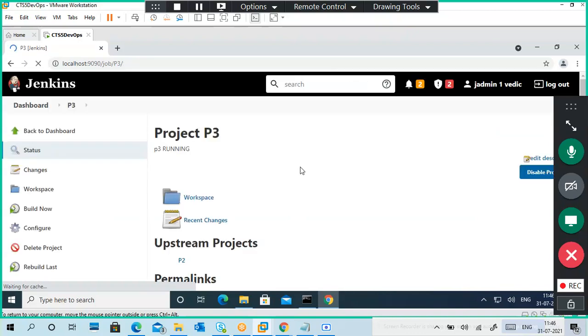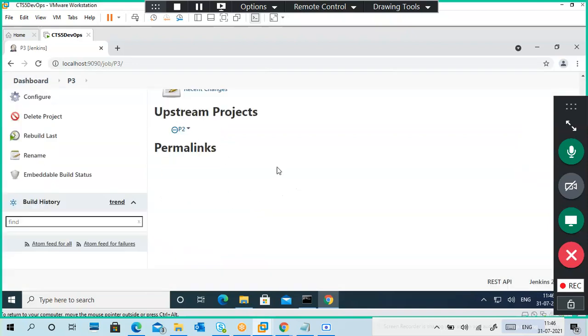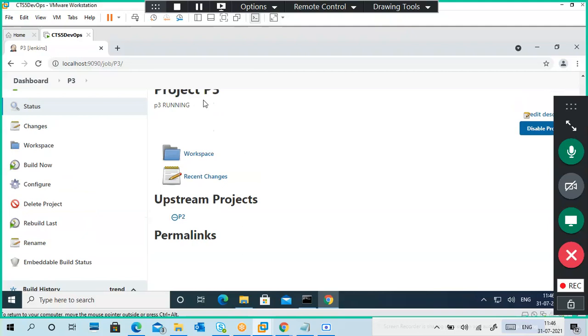Okay, so can you see here, this is the P3 project. Upstream projects are P2. Upstream projects are P2 means the previous one.